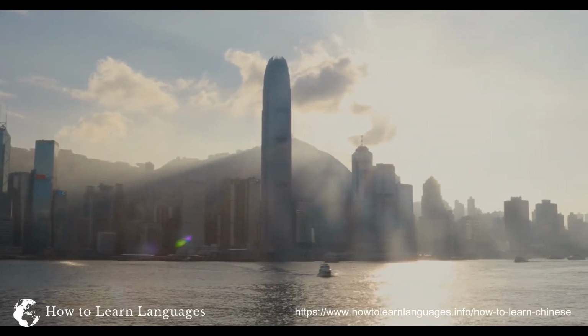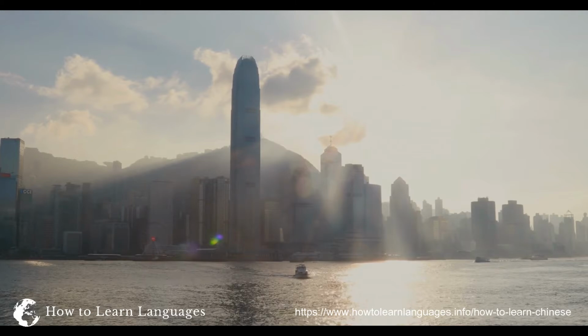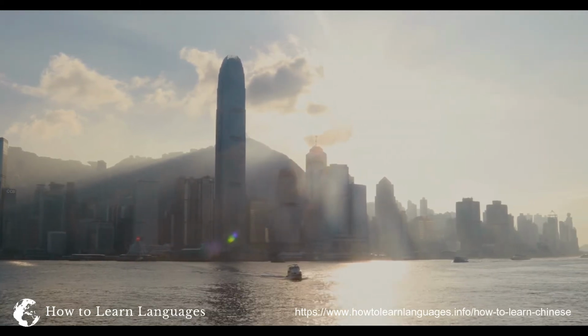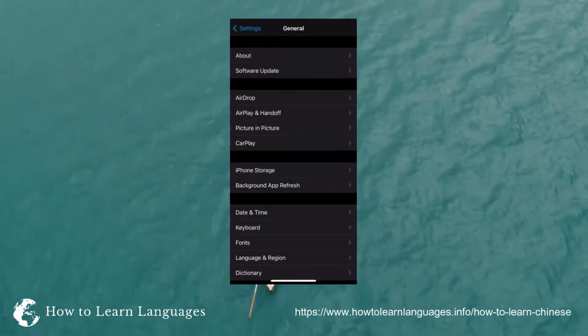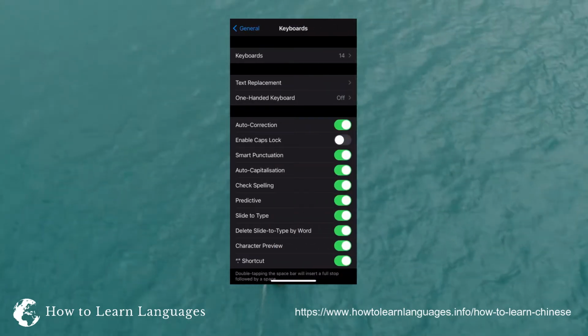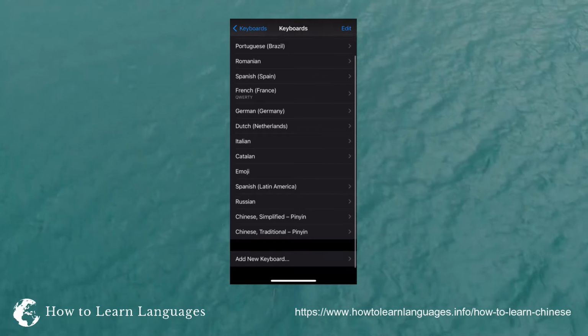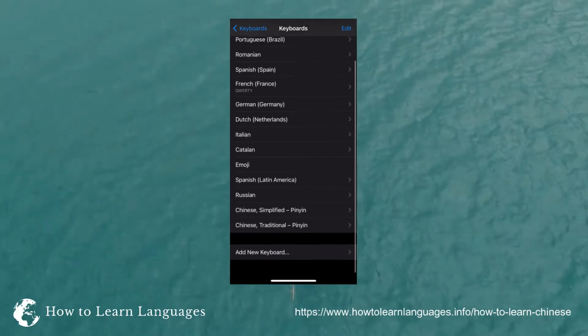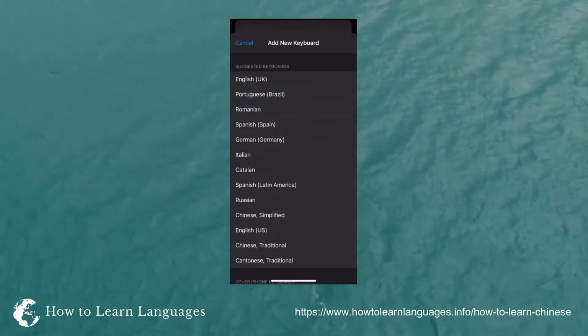To set up the handwriting input method on the iPhone, go to Settings, then General, then Keyboard, and then Keyboards. At the bottom of the keyboard section is an option to add new keyboard.